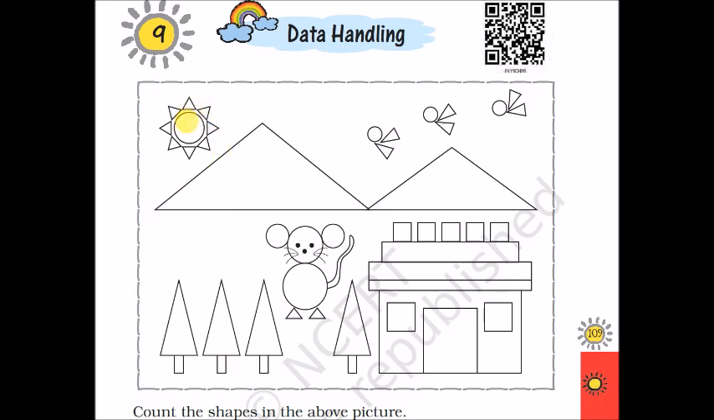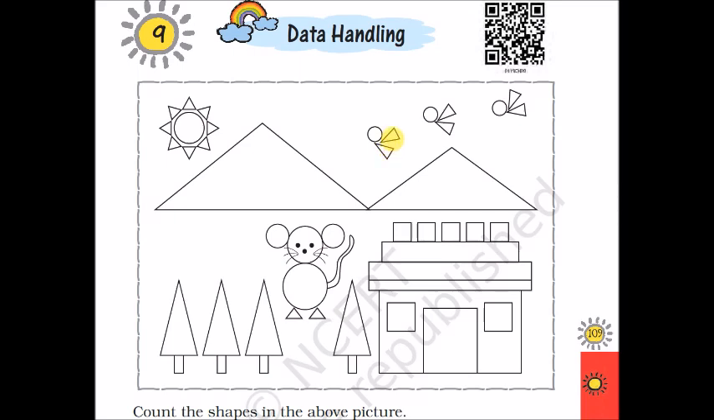ये sun में कितनी shape है? 1 circle, 1, 2, 3, 4, 5, 6, 7 and 8. 8 triangles. और ये 2 triangles of mountain. पहाड़ की शेप के 2 triangles हैं और बर्ड की शेप के